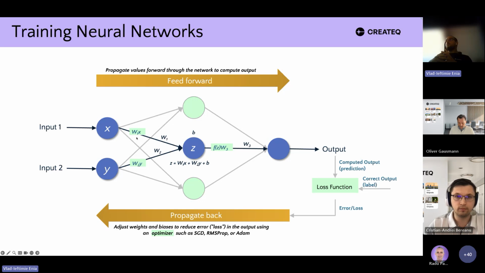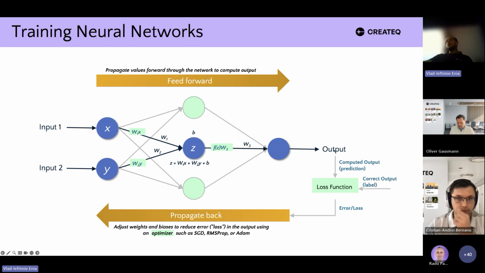which are basically what the network learns, what is modified by the network in order to give a new prediction. These products are summed and a bias is added. After that, we apply an activation function in order to introduce nonlinearity in our network.